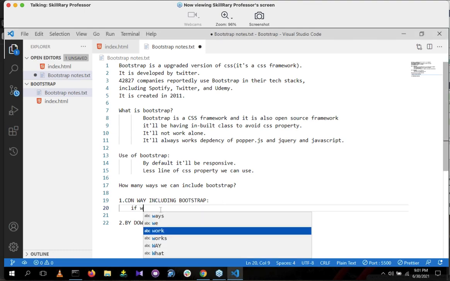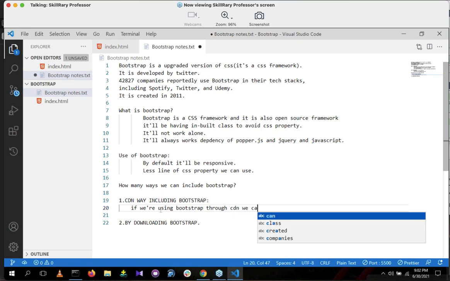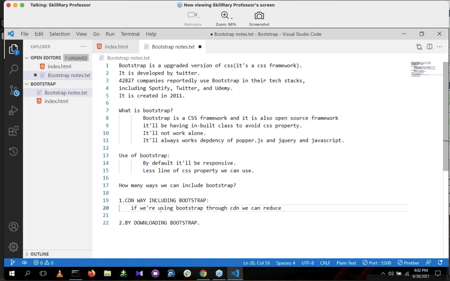If we are using Bootstrap through CDN, we can reduce the memory space.